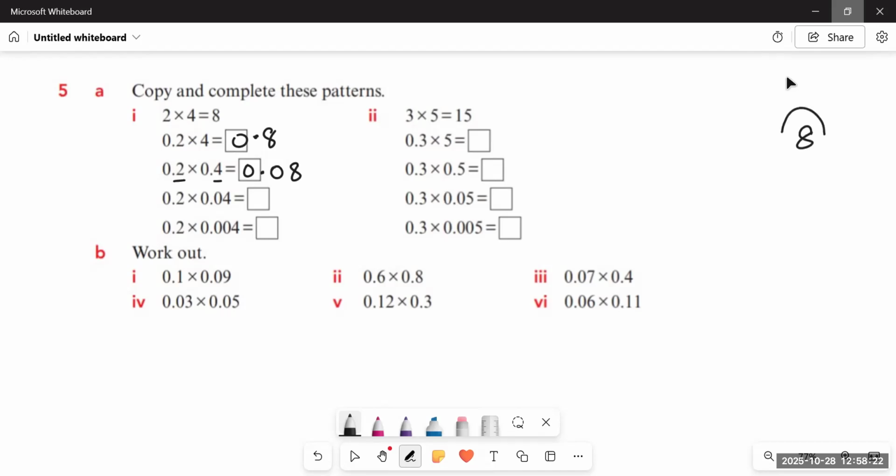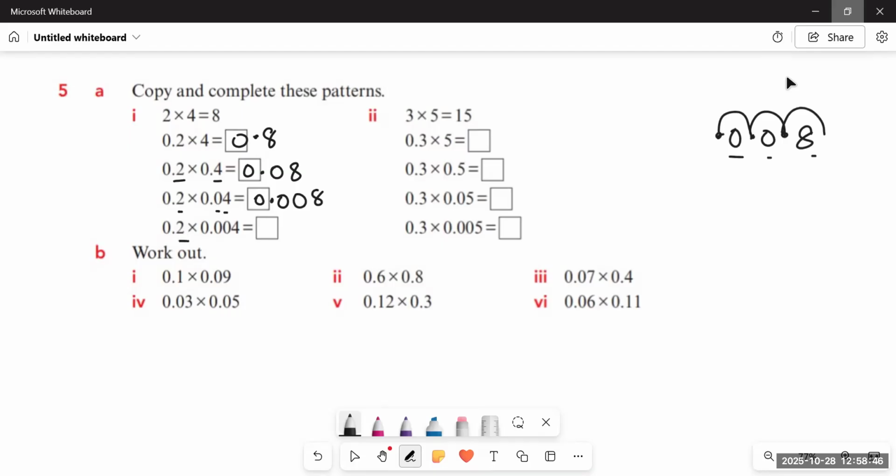First, we will move it one place backwards. Then we will move it two places backwards. Then we will move it three places backwards. So the more the number of decimal places, the more decimal places there would be in the answer, the product, as well. Now you will find that there are three decimal places. So we have to put the decimal before the last three digits. It would become 0.008. So you see every time a zero is getting added.